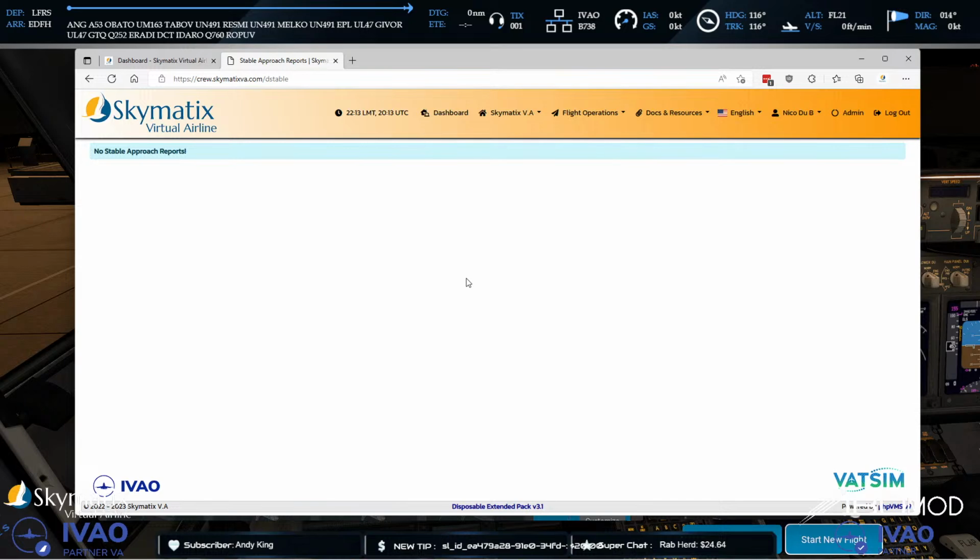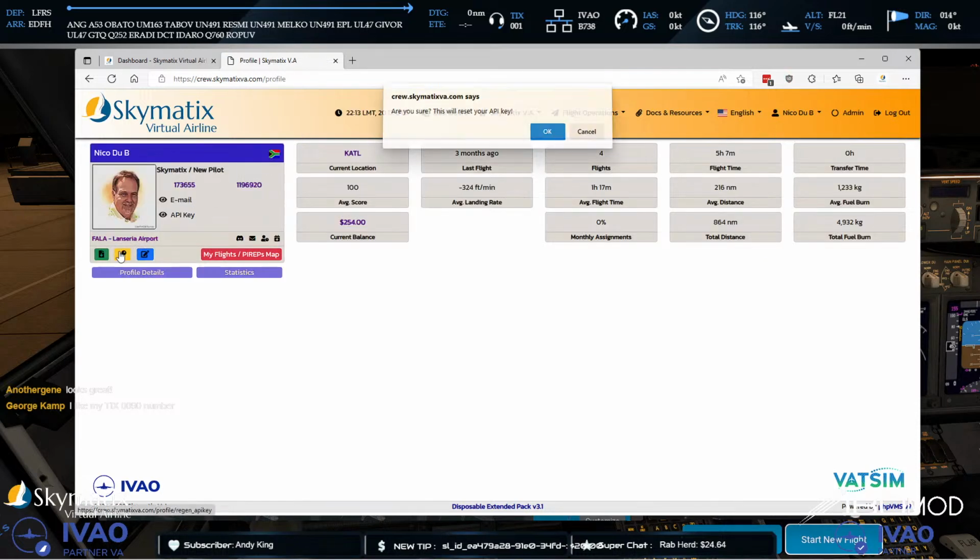And then once you've registered, we're going to have to put your TIX number back in place. There's no way of preempting where your TIX number is going to be when you register. You could have my TIX number or I could have your TIX number, for instance. And what we're going to have to do is just coordinate it with each other, because also in your own profile, you're going to have to go and get,